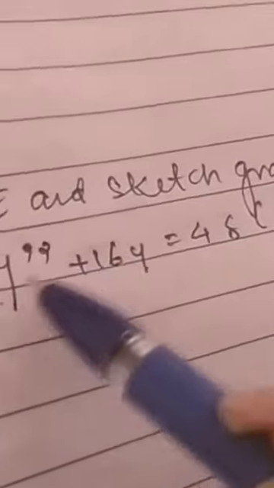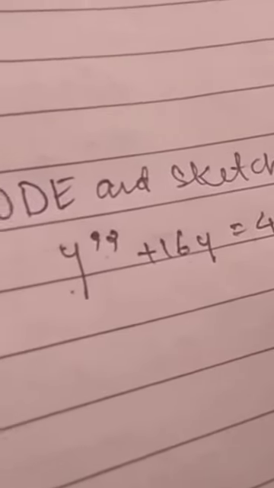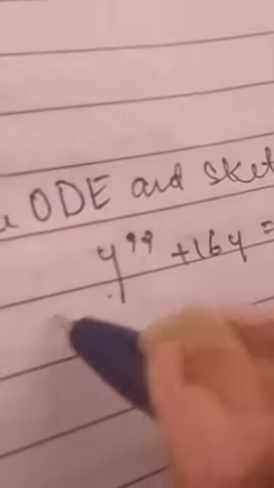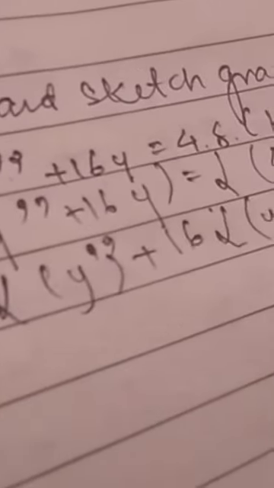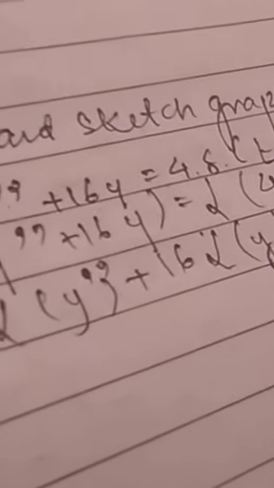So the given function is y double prime plus 16y is equal to 4 delta(t minus 3 pi). We'll be taking Laplace transformation on both sides, which is Laplace of y double prime plus 16y is equal to Laplace of 4 delta(t minus 3 pi). So Laplace of y double prime plus, you can put 16 outside because this is a constant and does not really matter inside the Laplace bracket. Again, 4 is a constant, Laplace of the Dirac delta(t minus 3 pi).